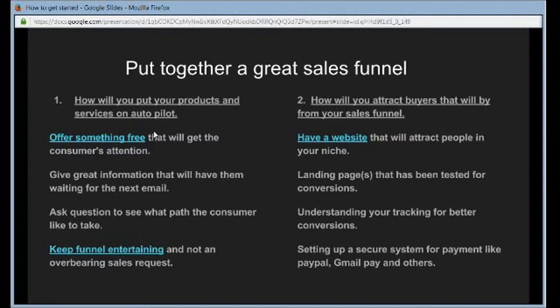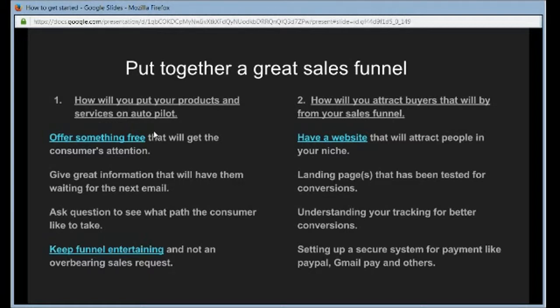Now, with a lot of affiliate programs, they generally come with their own paying system. If you're an affiliate for someone else, in other words, they pay the affiliate program and then the affiliate program pays you. So generally you don't have to worry about that.